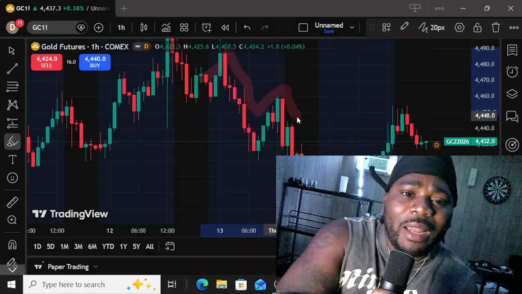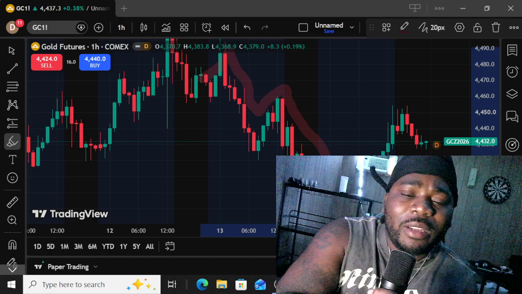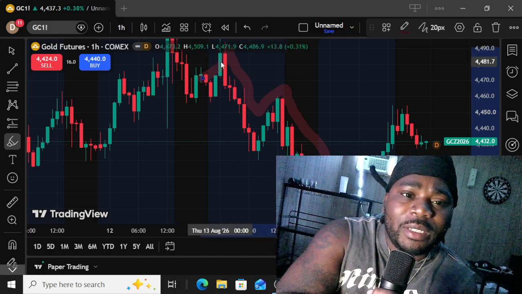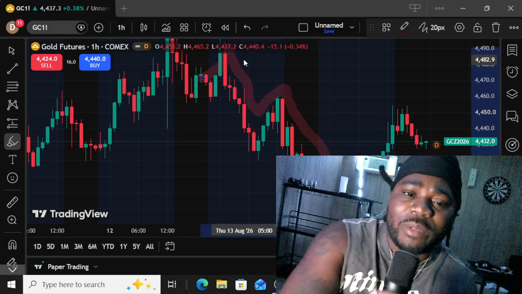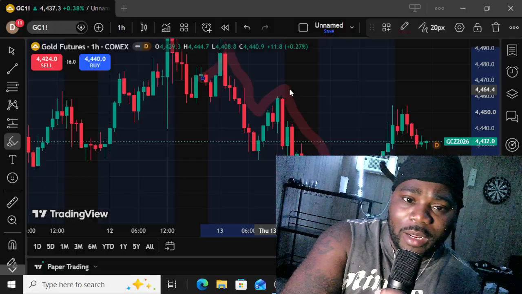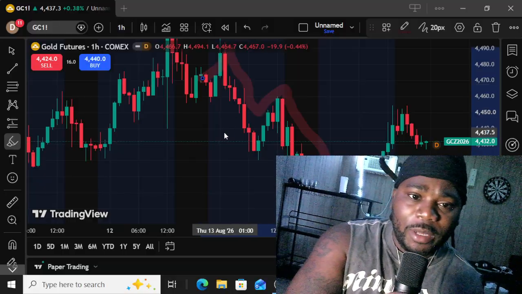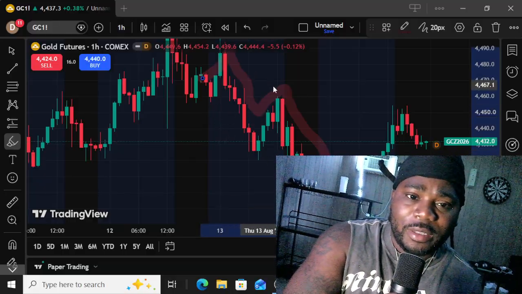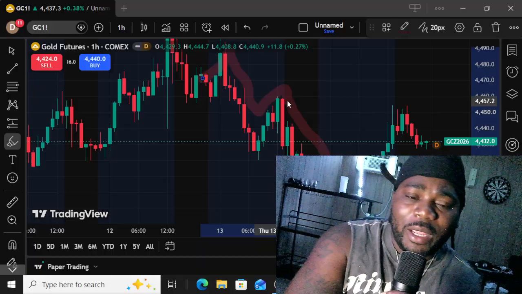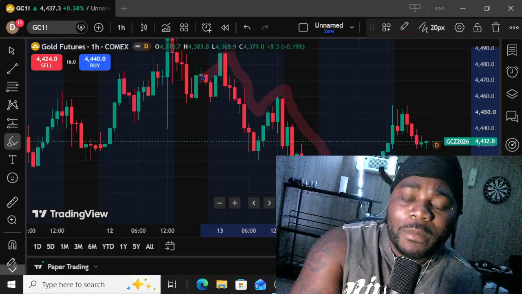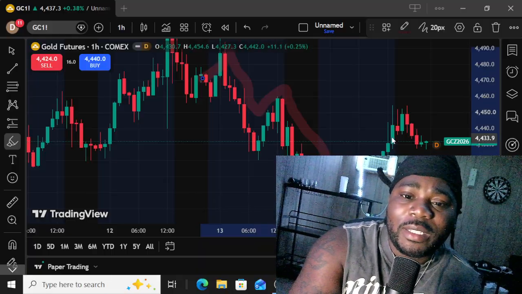You see how I'm highlighting the area. This right here is forming support and resistance. There's this thing called support and resistance, the bottom and the top. I mean the resistance is at the top, supply and demand. Okay? So once this area right here